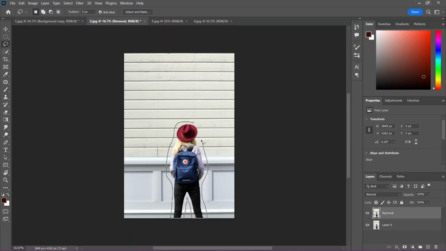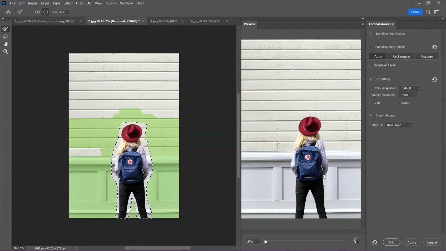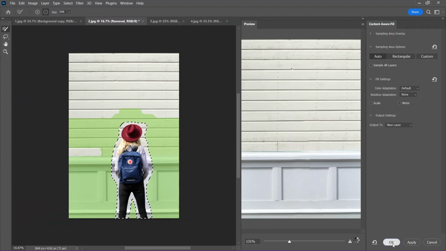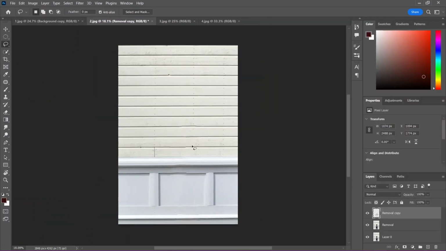since we already know how to remove it. And now I have a pretty good outline of our subject. So we're going to do the same thing, go to Edit, Content Aware Fill, and press OK. Okay, so now when I deselect our subject, you'll notice since this image had a lot of